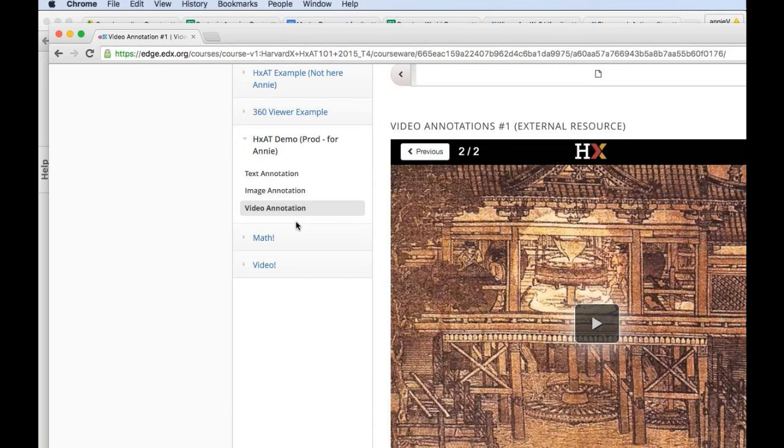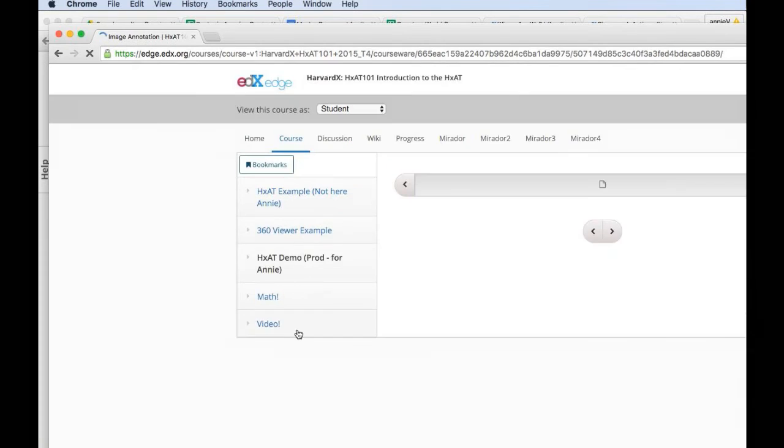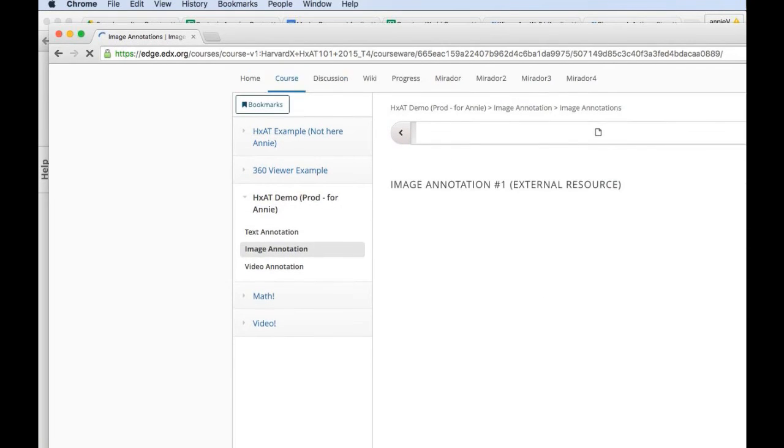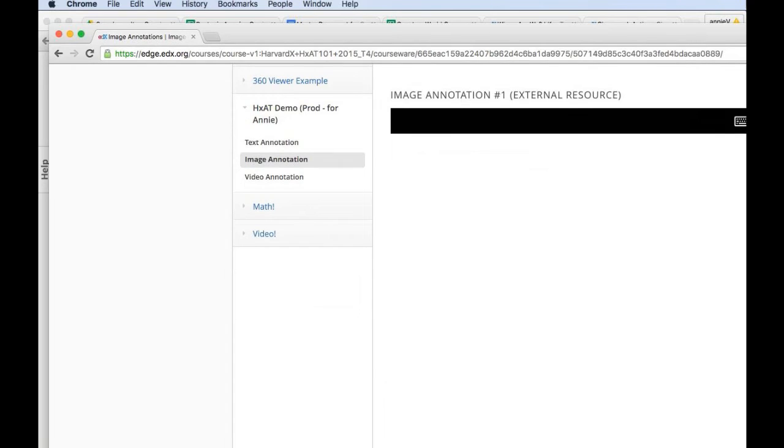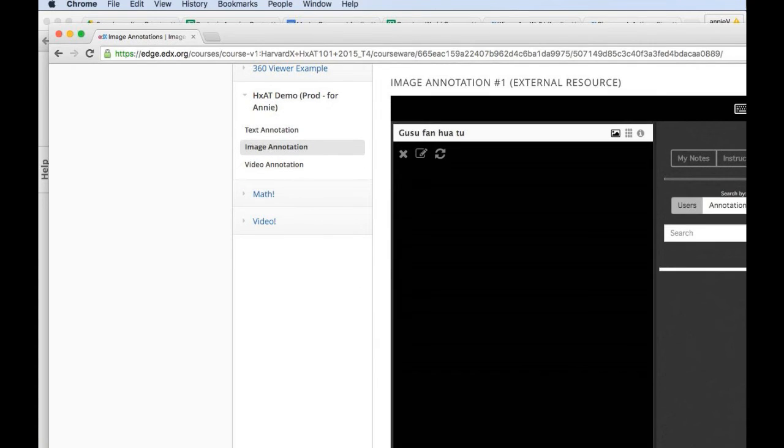Let us go to an image annotation instead. Okay. It might not be coming up. But what you may not be able to see, see if this pulls up.